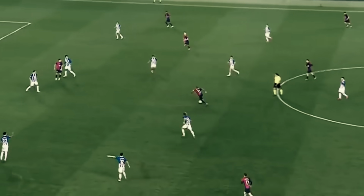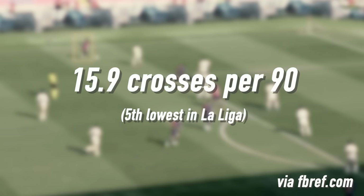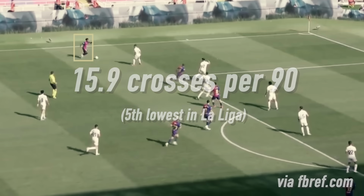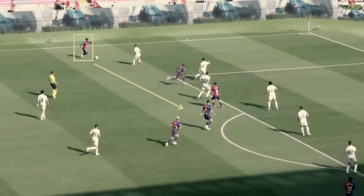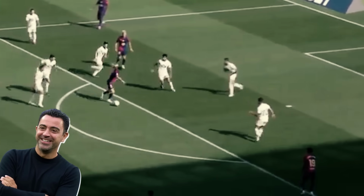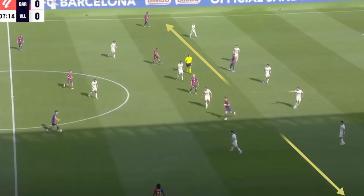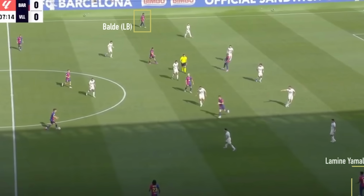Notably though, despite how often they get the ball wide, Barca are very infrequent crossers, because when it does go wide, there's much more emphasis on going back inside, making diagonal passes back into that overload rather than attacking the fullback, which as a side note, is a significant difference from the Xavi era. So that's the basic blueprint, but it's far from doing Barca's attack justice, because in reality, their relationship with space